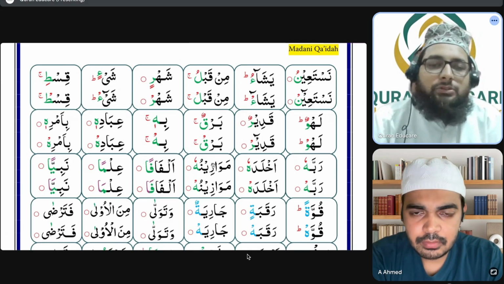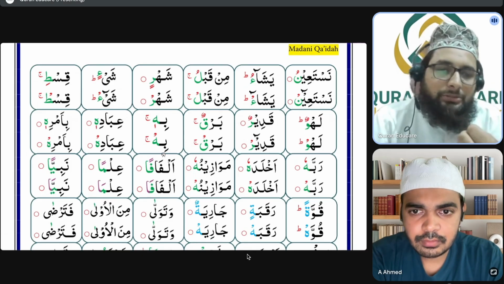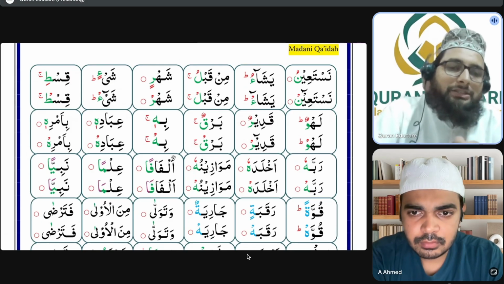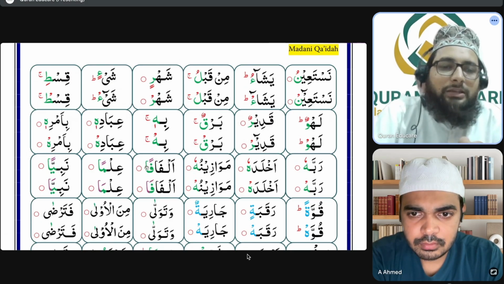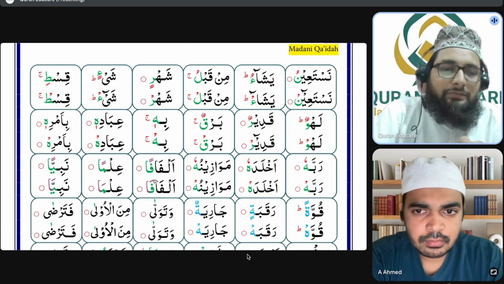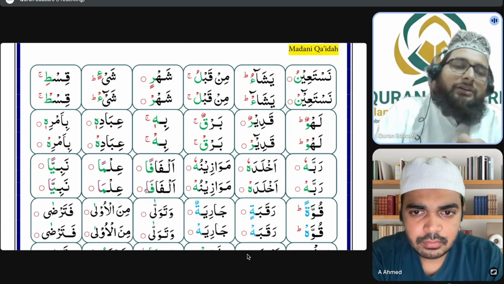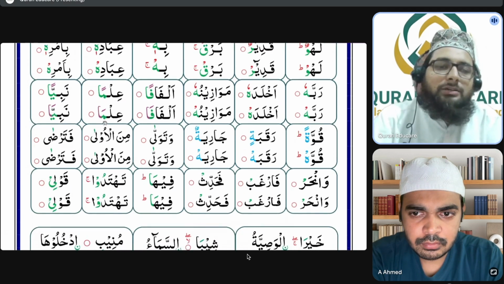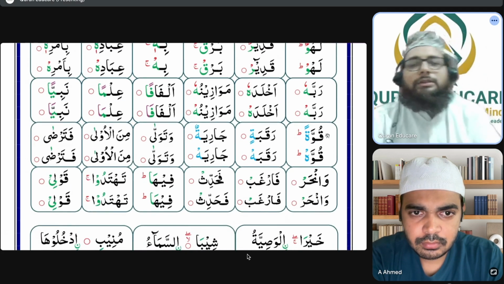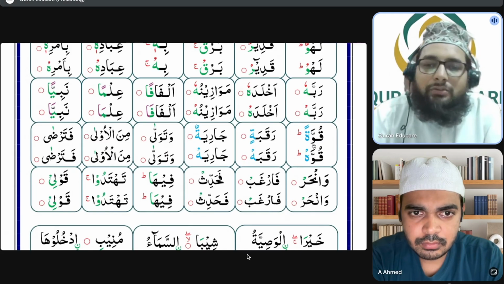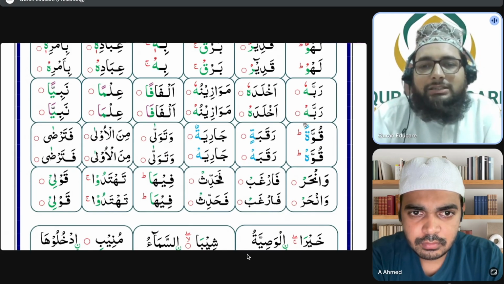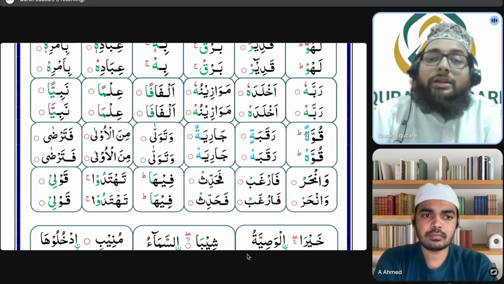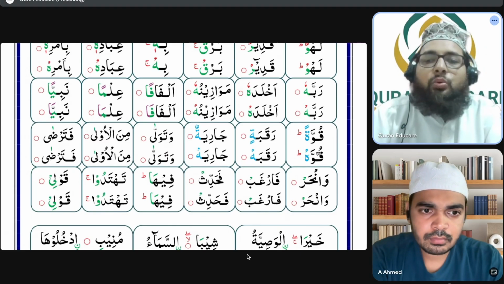So what about the two zabar? Two zabar will change into one zabar and one alif, like in the original form alfan, but due to waqf it will change like alfa, ilma. Then you can see the rounding ta. Rounding ta in the state of waqf will change to ha sakina, like uwatan will become uwah.